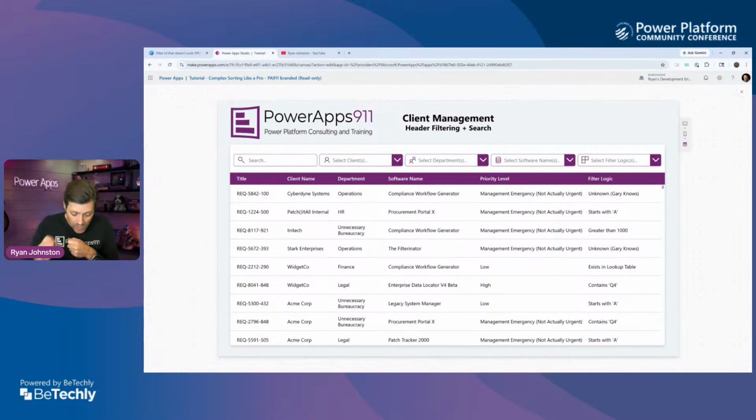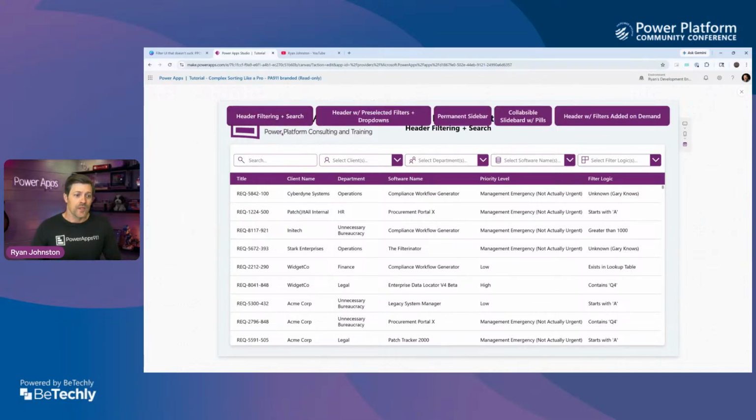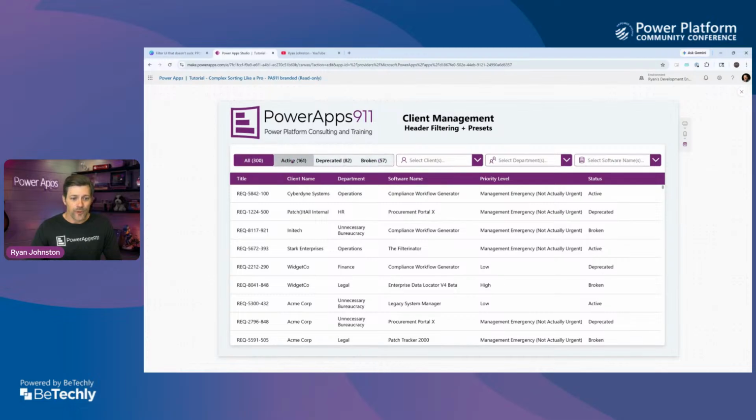Let's first talk about the different, there's 5 filtering strategies starting from easiest to hardest to implement that we're going to show today. So the first one is this horizontal filters across the top. The second one adds this pre-selected, kind of like I was showing you with the degrees of separation on LinkedIn. We are able to sort of pre-select some of our most